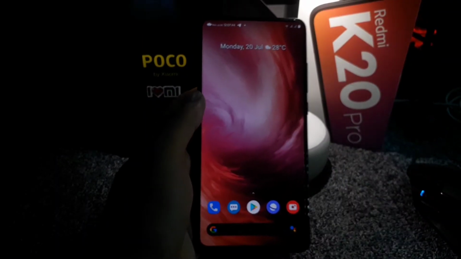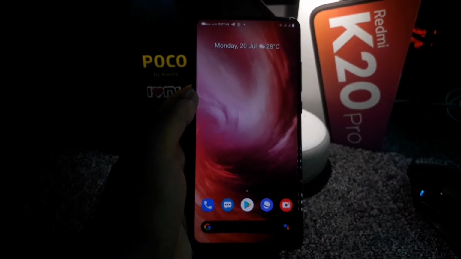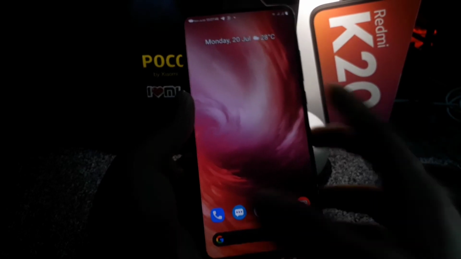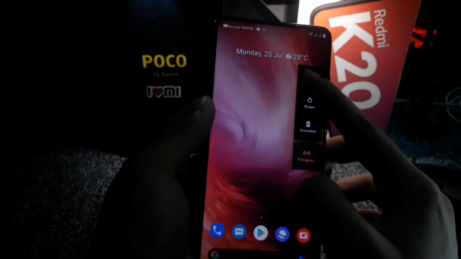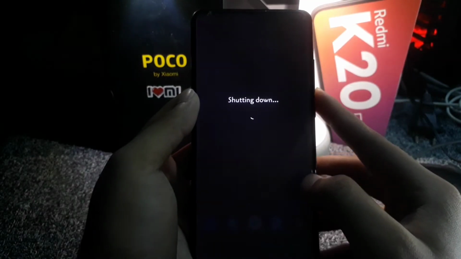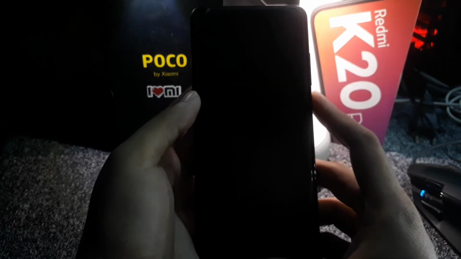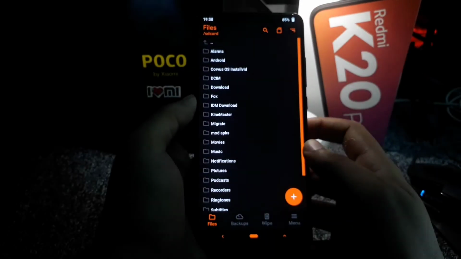Now let's see how to install this ROM. So guys, now I'm running on Bliss 12.9 and I'm switching from it. If you are on MIUI, then you just have to do the same, and your phone must have the bootloader unlocked and recovery installed. So first you have to power off your phone and press the volume up and power buttons simultaneously until it turns on into the recovery.